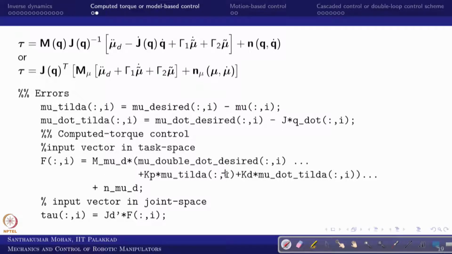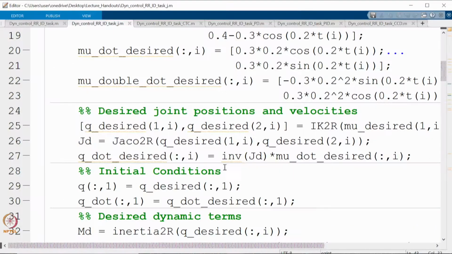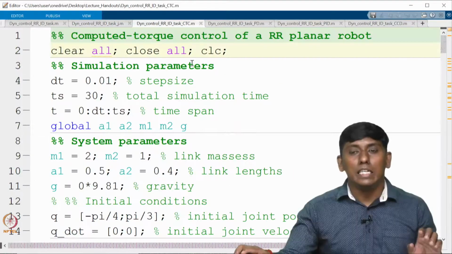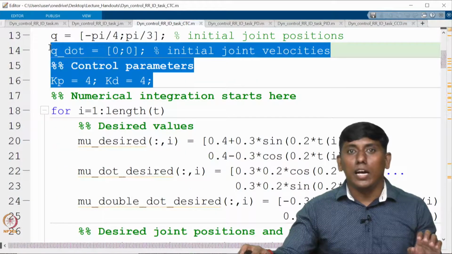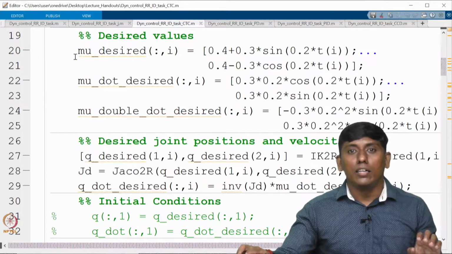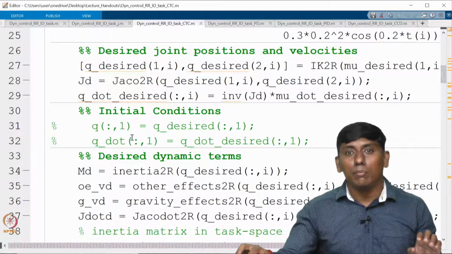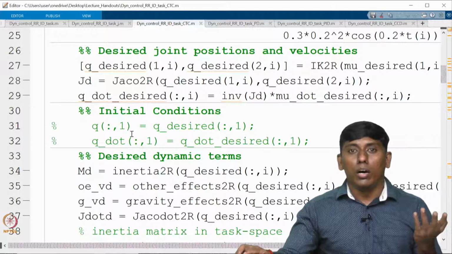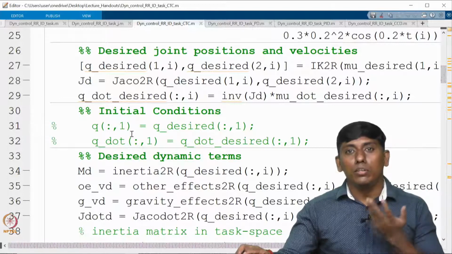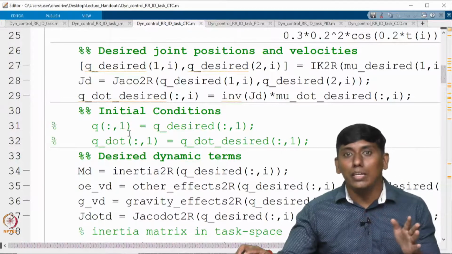Now we can go to the MATLAB code. We have written this as CTC. Now you can see what we have added. This is added, right? And this we have commented, so we are not equating that. So now q at t equal to 0 and q desired at t equal to 0 are not equal.